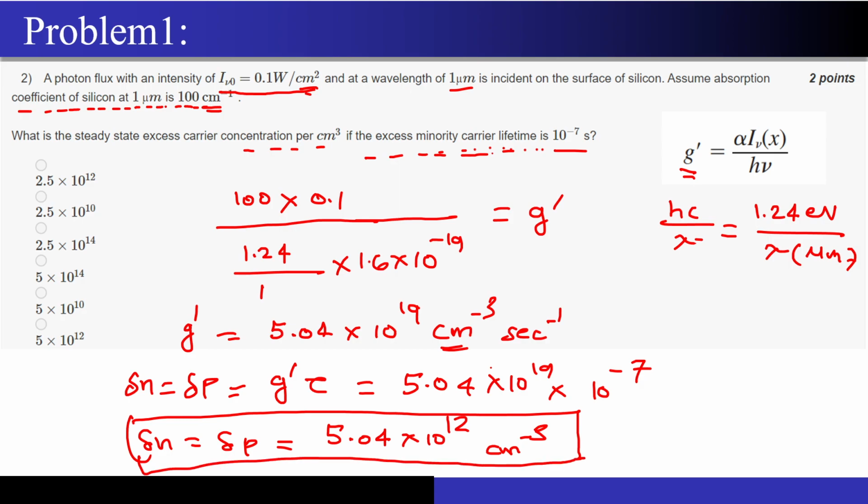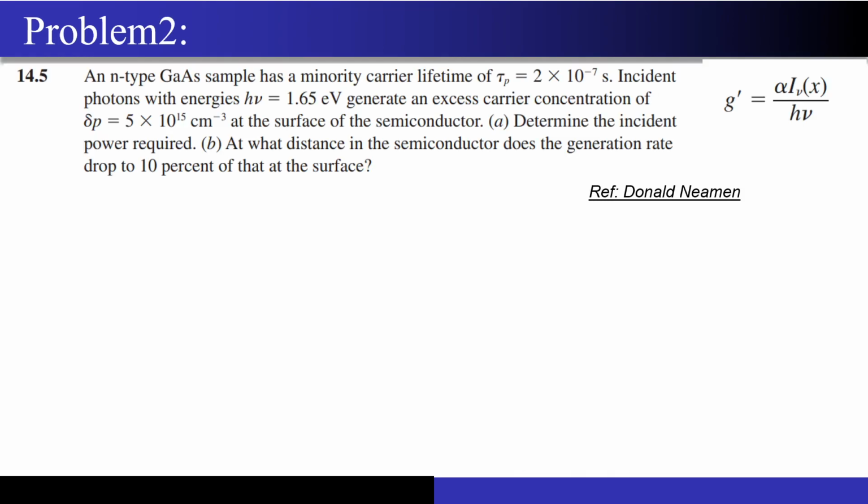I hope it is very much clear. Do not get confused with the units. If this was given in watts per meter square, you would have to convert the absorption coefficient unit also into per meter. Or you can convert this to watts per centimeter square and have the answer come out in per centimeter cube. So the correct answer for this question is the last option. If you have any doubts, please feel free to poke me. Now we will be moving on to the next numerical.